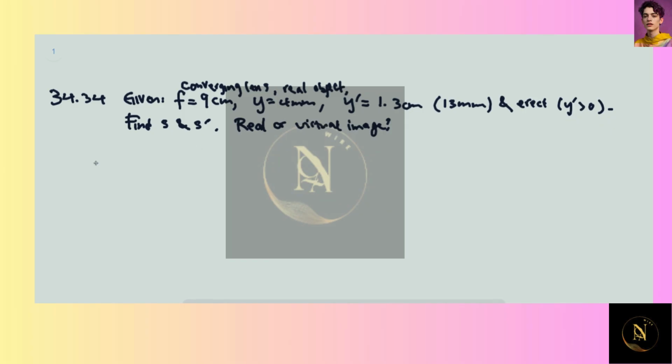So we can use equation 34.16, which relates the object distance and the image distance to the focal length. We're given the focal length, and S and S prime are the two things we want to find, but I have two unknowns in one equation, so it's not sufficient information. But I'm given the heights of the object and the image, so I can use equation